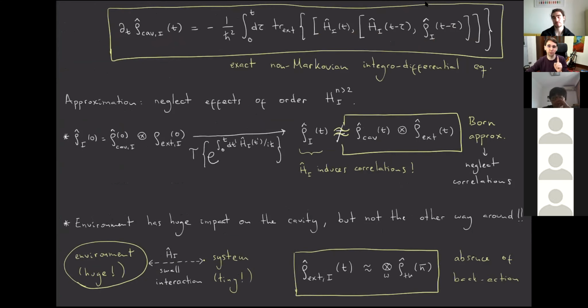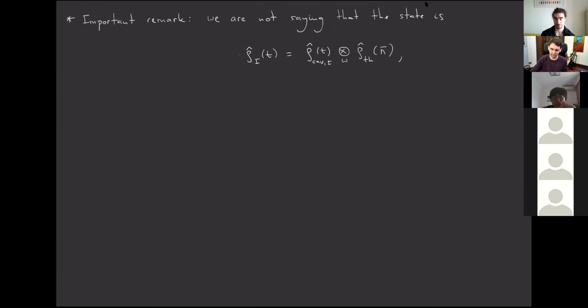So we are talking about approximations of the dynamics of the state of the cavity. But we are not claiming that the state of the full system is this state in here, okay? That's true only from the point of view of the dynamics of the cavity, okay? So let me write it down. So we are not saying that the state of the full system is this one, but only